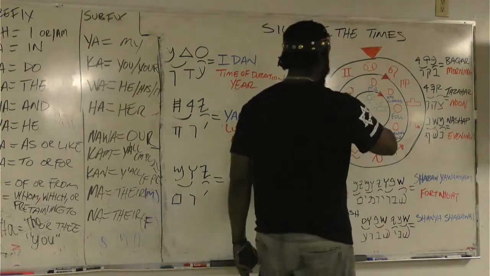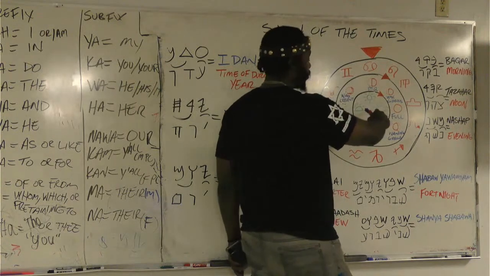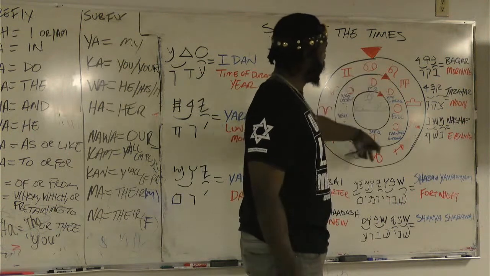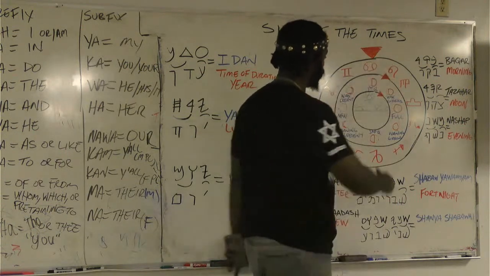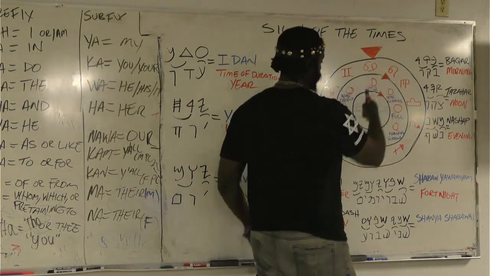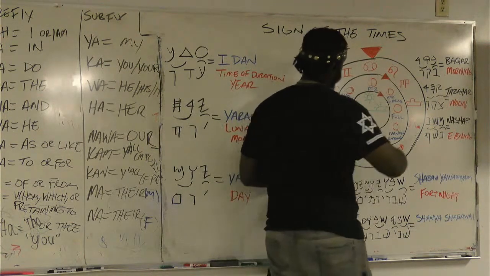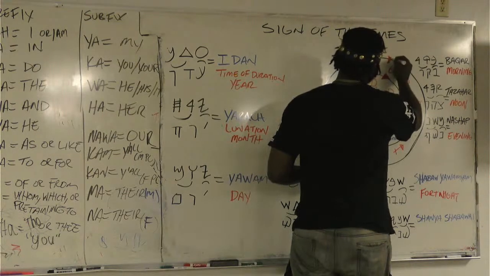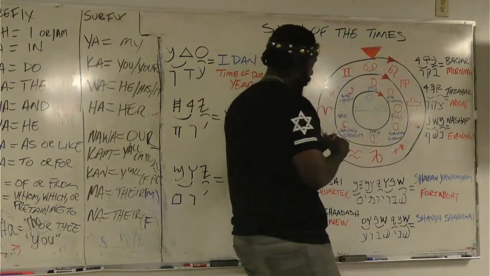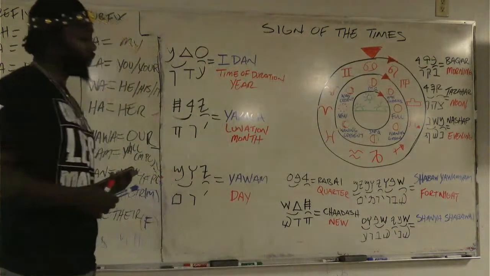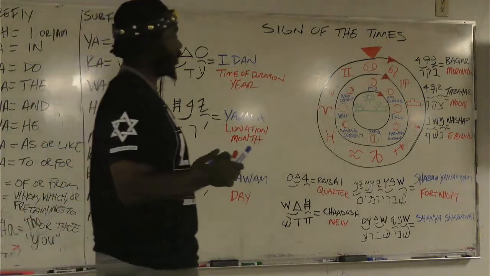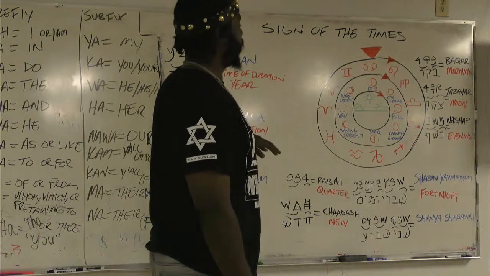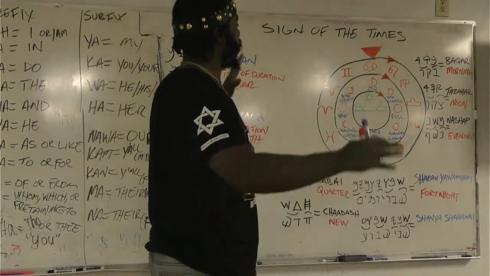For each 30 of these cycles, you have one of these cycles. And for each one of these cycles, this clock turns. So you see this one turns this way, this one turns this way, and this one also turns this way. If some of you are old enough to remember, in your grandmother's house, you would have one of them old